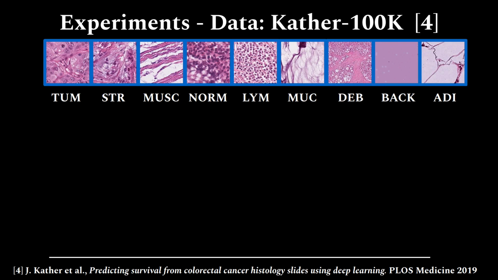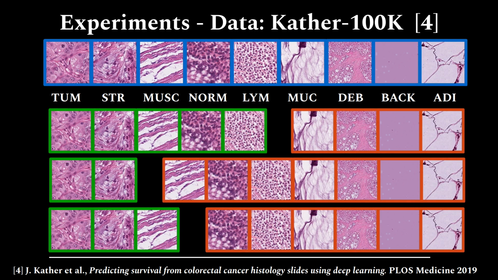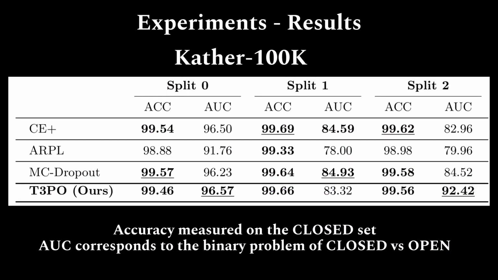In a second dataset, which is larger, we still have the same amount of splits with different categories. We also find that our approach, in 2 of the 3 cases, gets the highest AUC, and also has a reasonably high accuracy in the closed set. So,